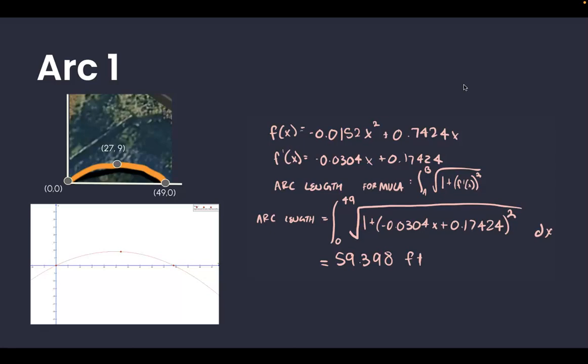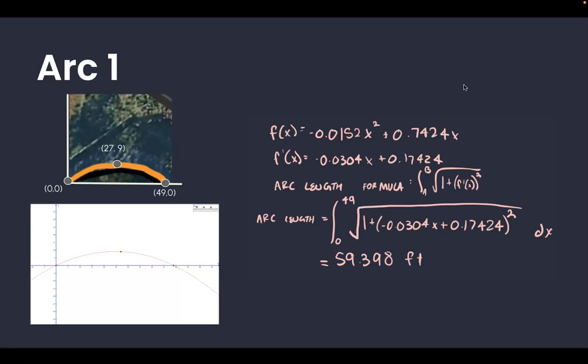So for Arc 1, I tilted the path a little bit to put it on the axis, as you can see in the top photo on the left. And then I found the maximum, which was at the point (27, 9). Then I put this into the graph software, and I got an equation, f of x, of minus